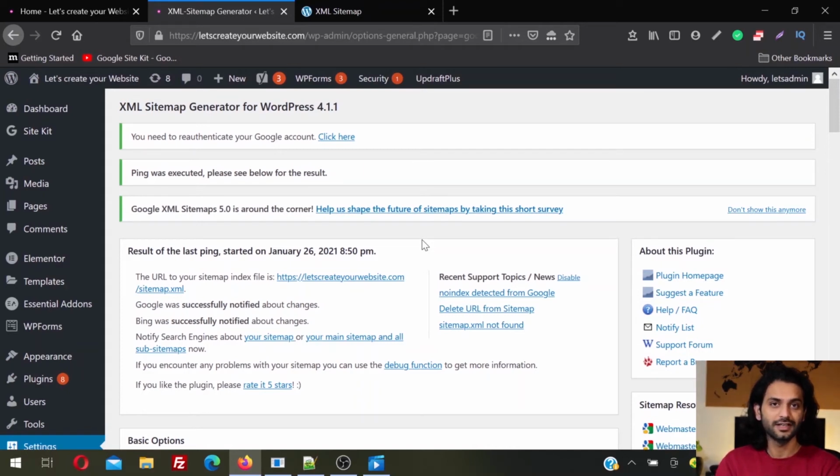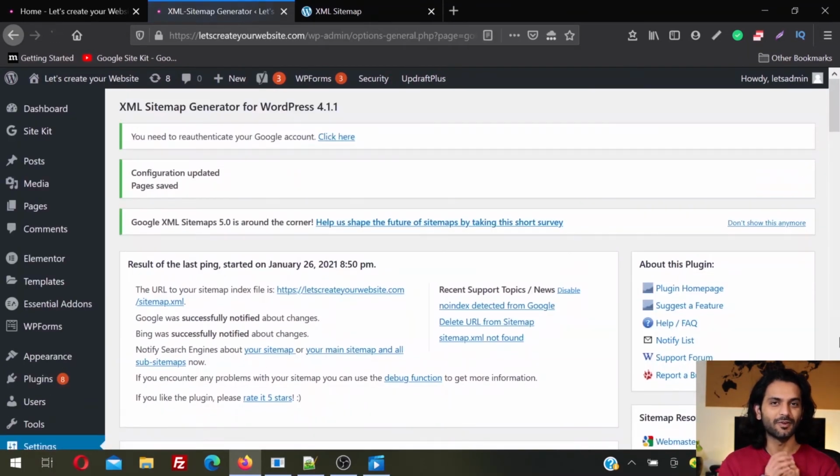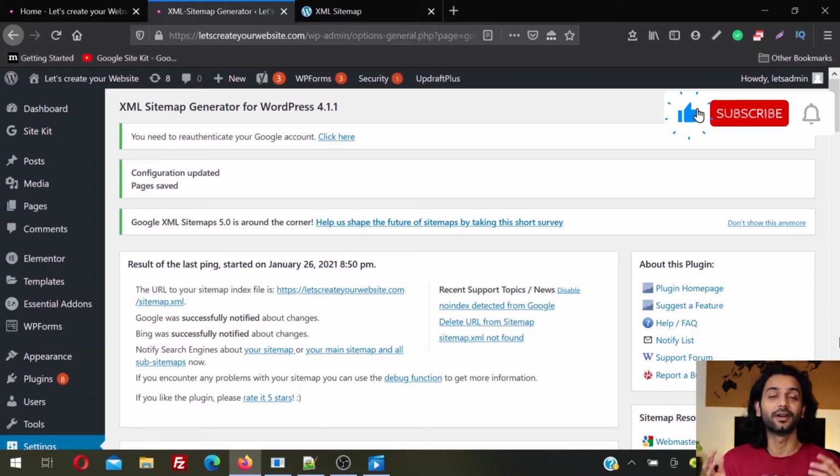In so many videos you see that you need to create a Google Search Console account to notify Google about your sitemap. But this is another way. This is the ping method, where you do not need to create a Google Search Console account. So this was how you can create a sitemap very easily, and you can tell search engines that you created a website. Please index my website in your search results.